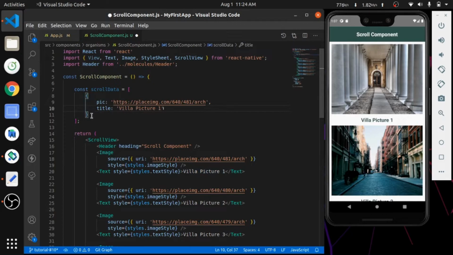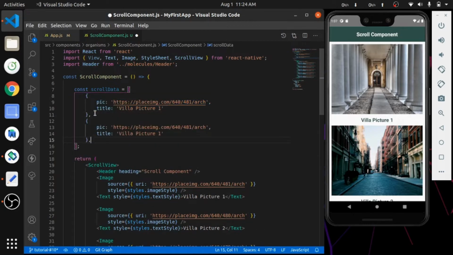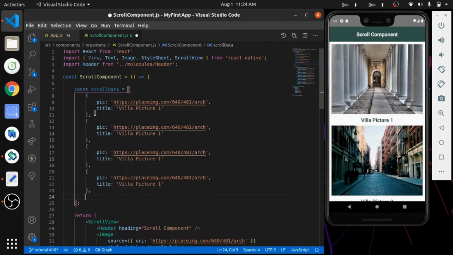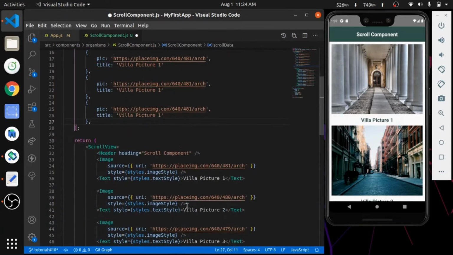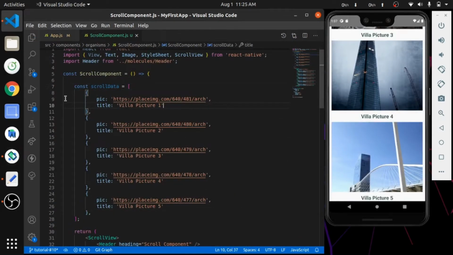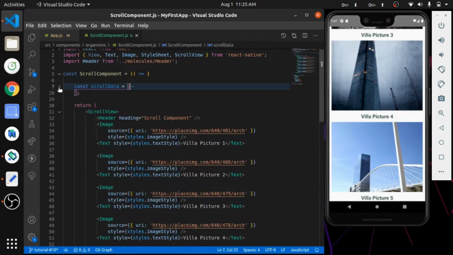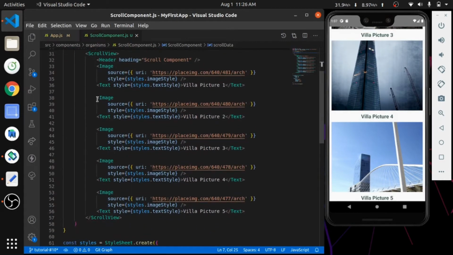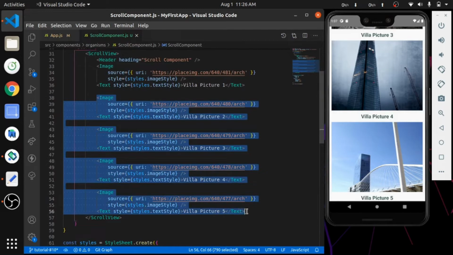Now I am repeating the same 4 times because I have 5 pictures and titles in my scroll view. So it will look like this. Now I am using this array in the scroll view, so I am removing the repeated data from the view.